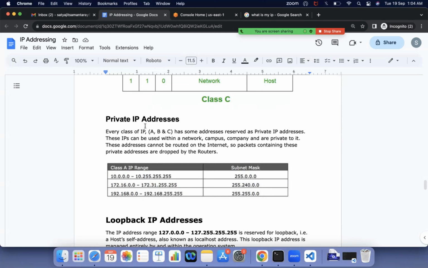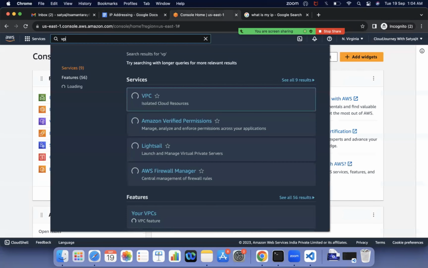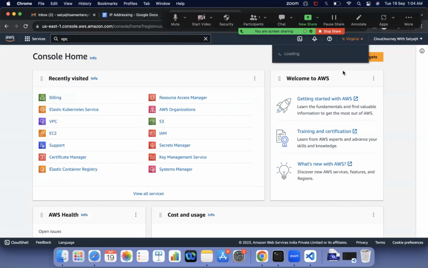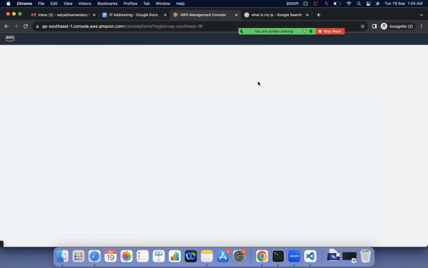So in class A, the private IP range is 10.0.0.0 to 10.255.255.255. Next, in class B, it is from the 172 series: 172.16.0.0 to 172.31.255.255. So if you go to any AWS console and in any region, let's say the Singapore region, any region you can choose, and go to VPC,